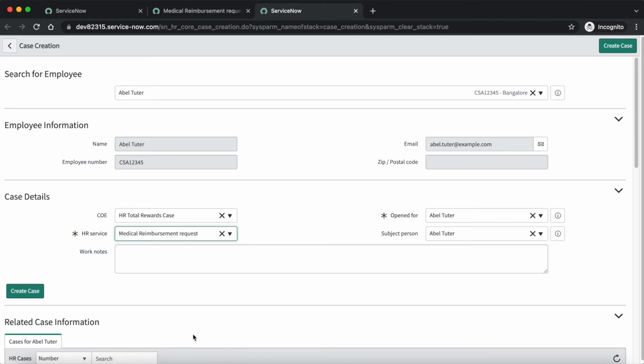So medical reimbursement request is our HR service, and let's submit it. So whatever the checklist we have configured for this HR service, it should get attached to the created HR case.